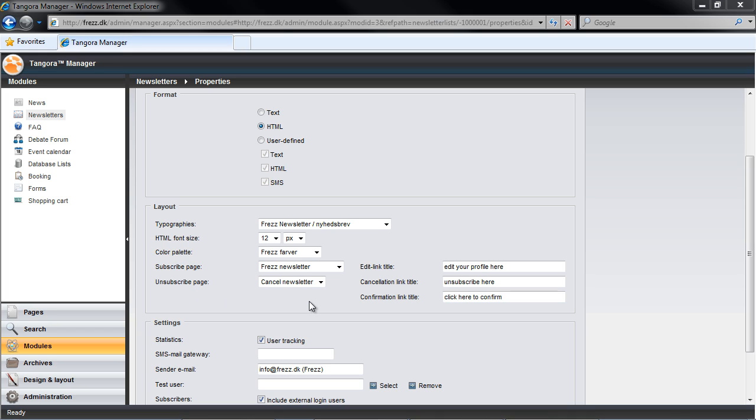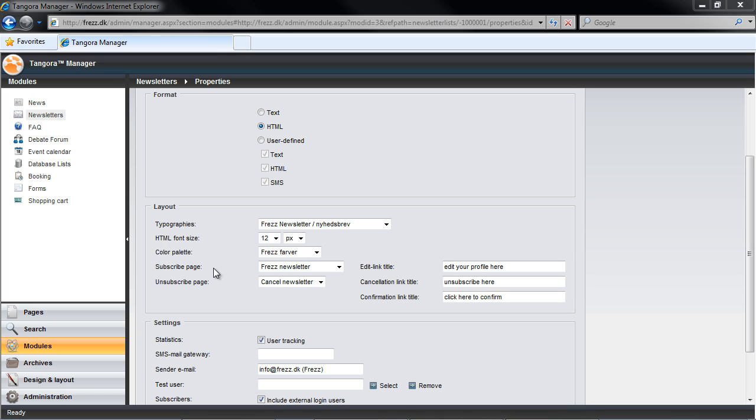These features require a little bit of explanation, and in order to fully understand them, you'll perhaps want to have an understanding of how to set up a sign-up page, that is to say a sign-up or profile editing page, as well as an unsubscribe newsletter page in your Tangoor Solutions pages area. But here we'll assume that we have an existing sign-up and unsubscribe page relevant for this newsletter list.